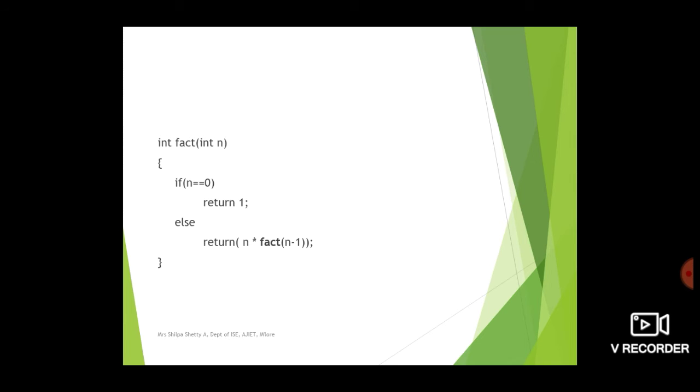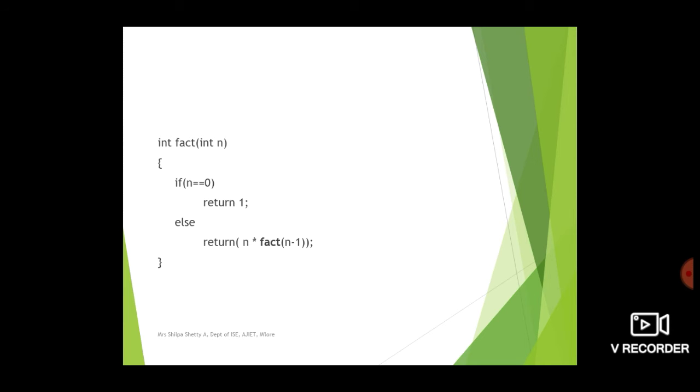So if you are passing 4 as the value here, then n is not equal to 0, so the else part gets executed. So return 4 into factorial of 4 minus 1, that is factorial of 3. So factorial of 3 will be called, and again this will return 3 into factorial of 3 minus 1, that is 2. Likewise, when you reach n as 0, that is when you call factorial of 0, we get the return value as 1, which will get multiplied by 1 because we have called 1 into fact of 0. In the reverse order this will continue and you will obtain the final result.